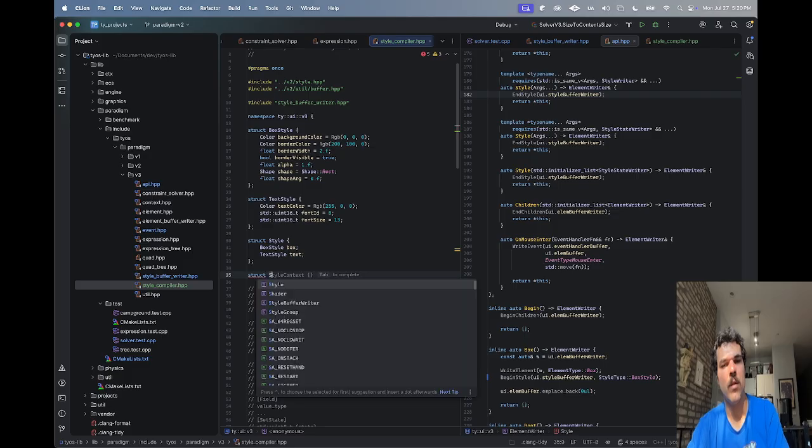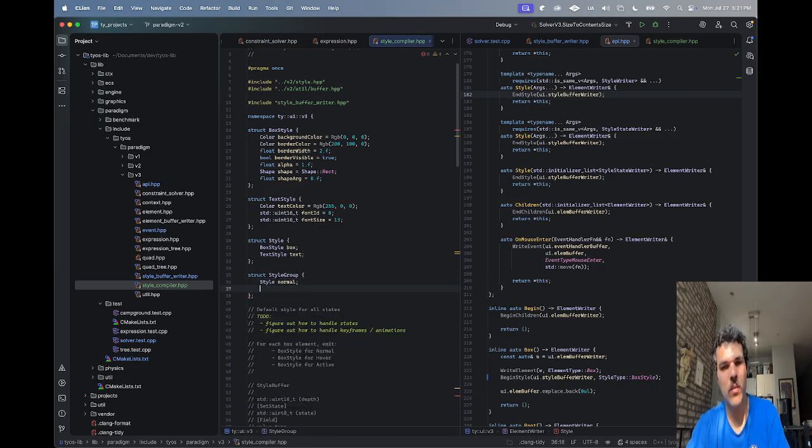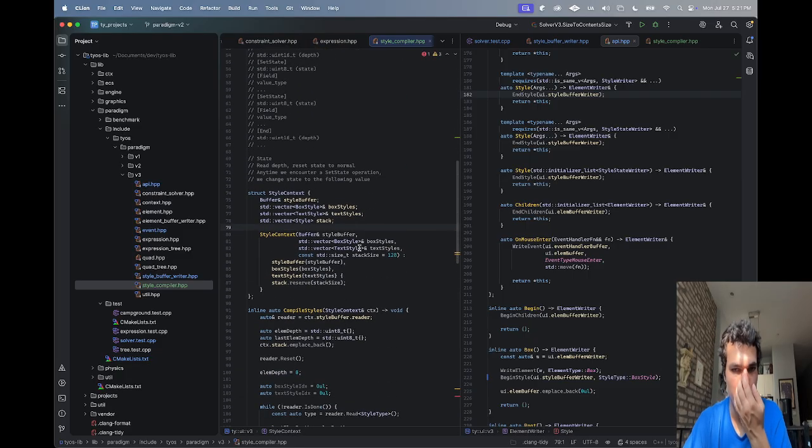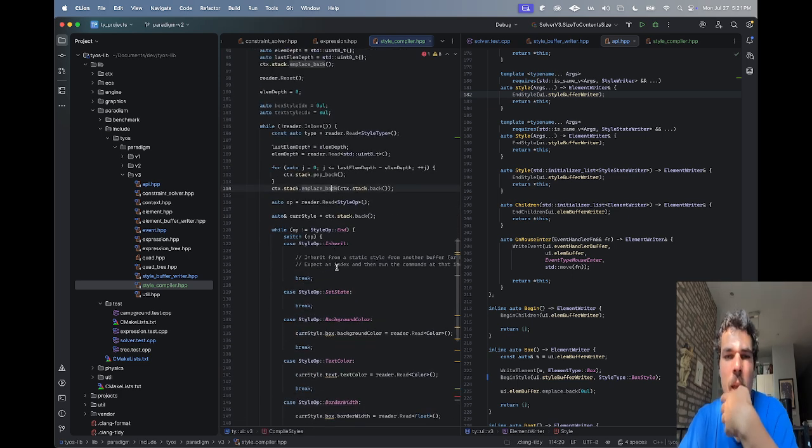Struct style group is going to be a std array of style. All right, we could just say style normal, style hover, style active. Okay, so really the stack should be a style group. And then